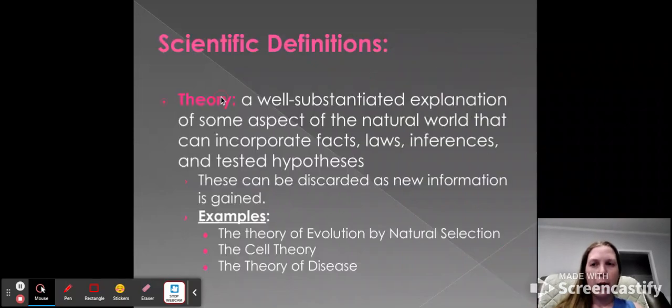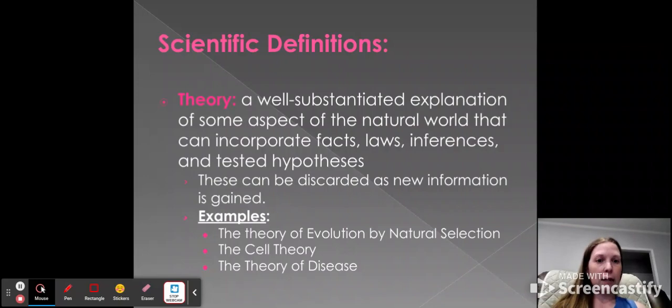But we are looking basically at evolution and immunity in this unit. So, one definition to make sure we are clear on is the definition of a theory. A theory is a well substantiated explanation for some aspect of the natural world that can incorporate facts, laws, inferences and tested hypotheses. So, these can be discarded as new information is gained. This is not a law. Laws are proven